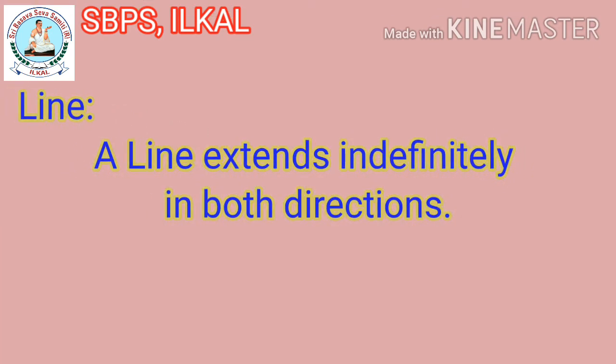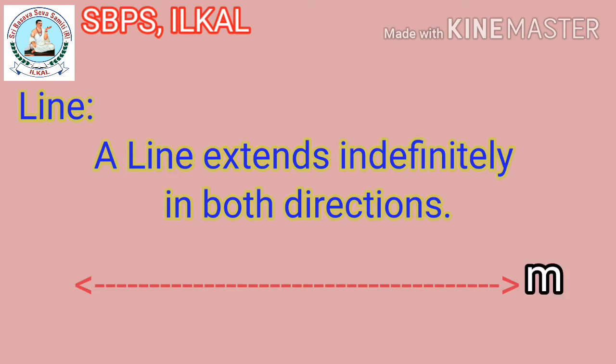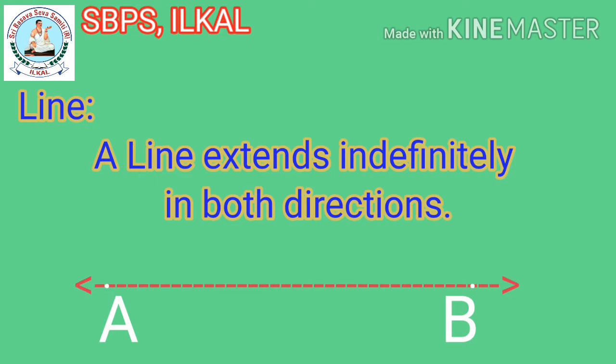Next word is line. A line extends indefinitely in both directions. Means we can produce the line in both the directions. It has infinite number of points on it, children. Okay. I drew line M, children. Small letter alphabets can be used to represent any lines. Observe these two small points, children, white color points. Points can be represented with capital letters, I said. Is it? This line we can call as AB line. Instead of AB, you can consider any capital letter alphabets.